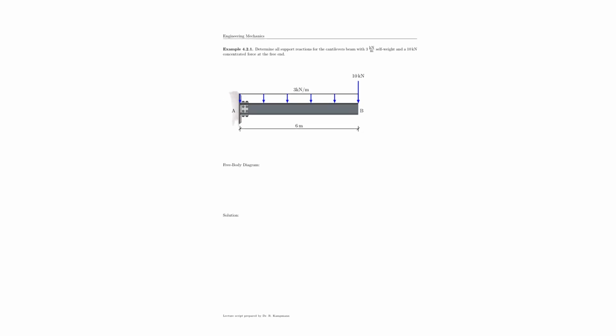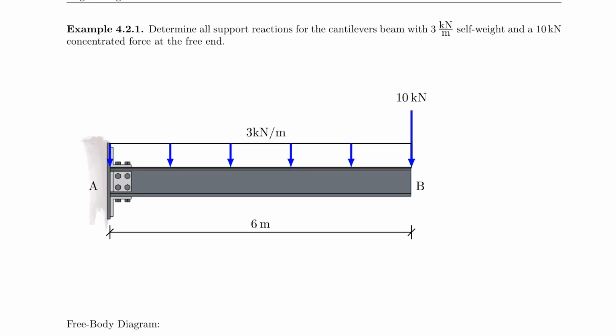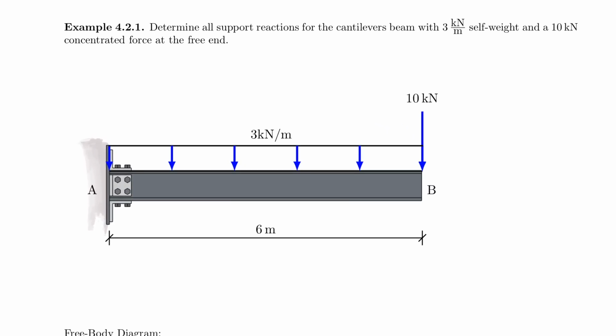Welcome to your first example problem for cantilever beams with distributed forces on them. And here we have a very straightforward example. We almost solved it already in the lecture, but let's just complete this here as well, because it helps us to further understand it. And notice that it says determine all support reactions for the cantilever beam with the different forces on them. We have a concentrated force of 10 kilonewton here and 3 kilonewton per meter over a length